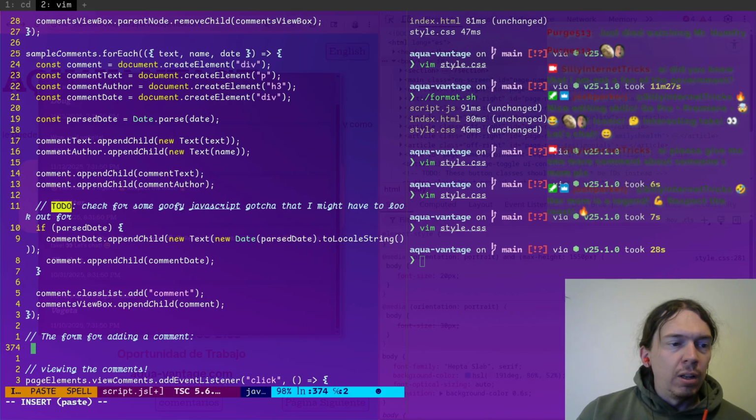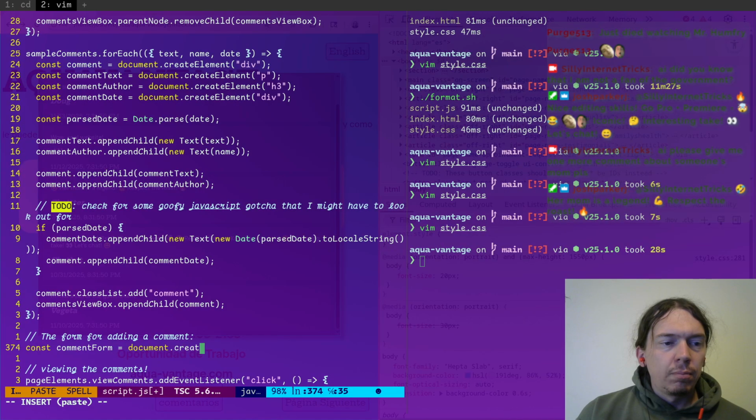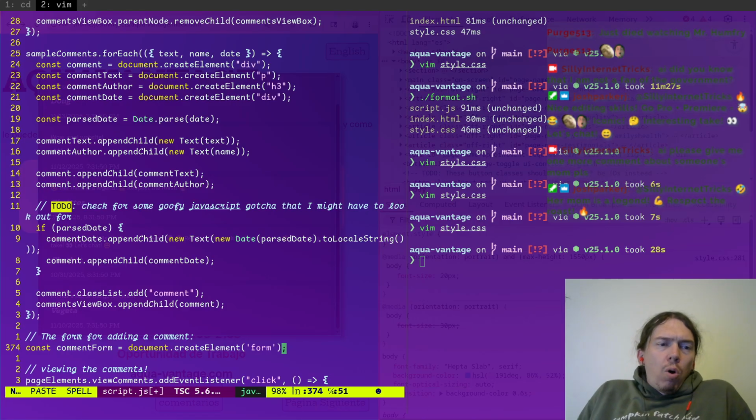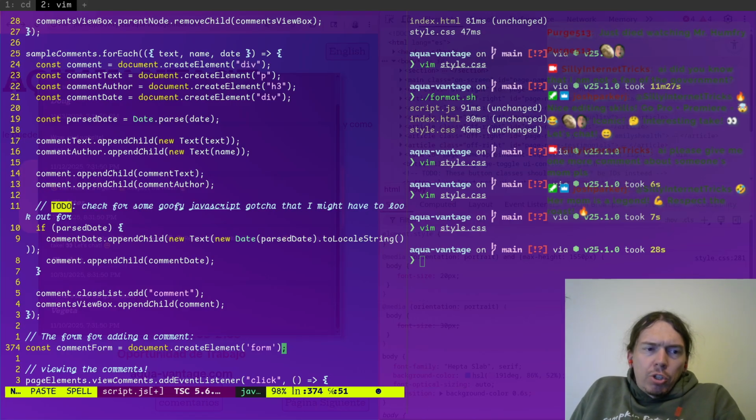That'll go here. So const comment form equals this. Okay, for a form, pretty sure I'm going to want to write that in actual HTML.